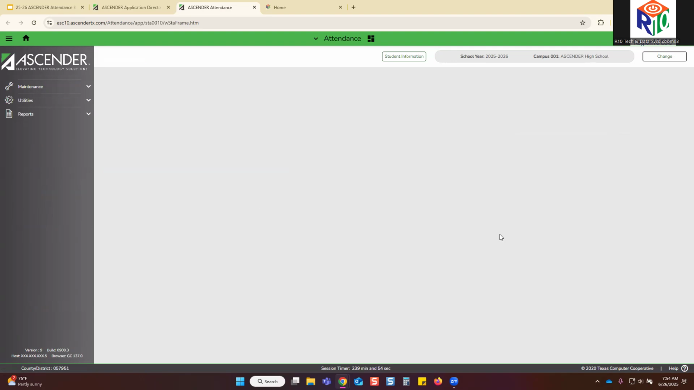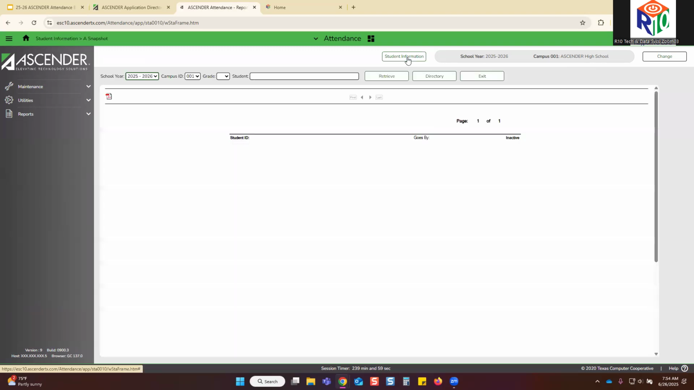We'll first cover the student information button. As briefly mentioned before, this is available in multiple applications in Ascender, not just attendance. So if you log into, say, registration, you may see the student information button. You'll also see the school year and the campus information listed, and the help menu. These 3 features are in just about every student application. Just hitting this briefly, student information is going to allow you to print a quick report